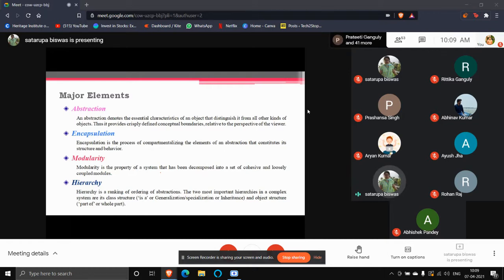But the mechanic who is only changing the brakes or mobilizing the parts is only interested in those portions. The mechanic who is making or repairing the engine is only interested in the engine part. So we are only concentrating on what we are interested in. So that is the way of abstraction.